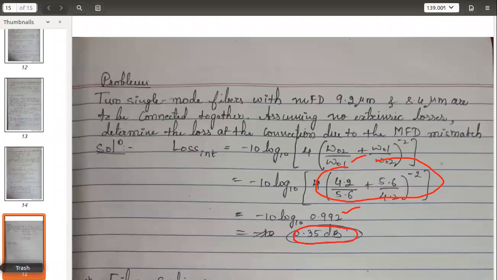So this is about optical fiber misalignment and joint losses. What we have studied is intrinsic loss and extrinsic loss. In intrinsic loss, the core can be mismatched, the numerical aperture can be mismatched, and the refractive index profile can be mismatched. Coming to extrinsic losses, we have studied three different misalignments: lateral, longitudinal and angular. We have seen these losses both in the case of multimode fiber joints and single mode fiber joints. This is one topic, fiber misalignment and joint loss. We have completed this.